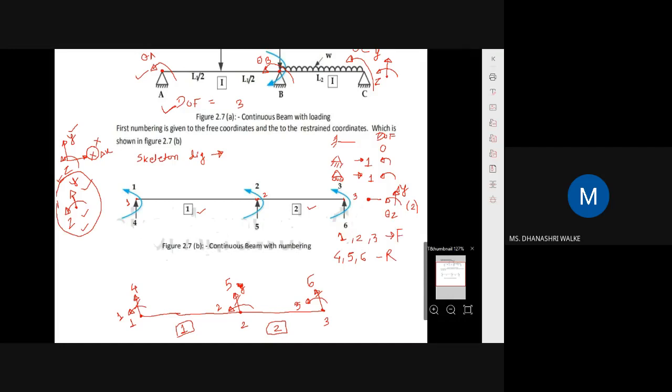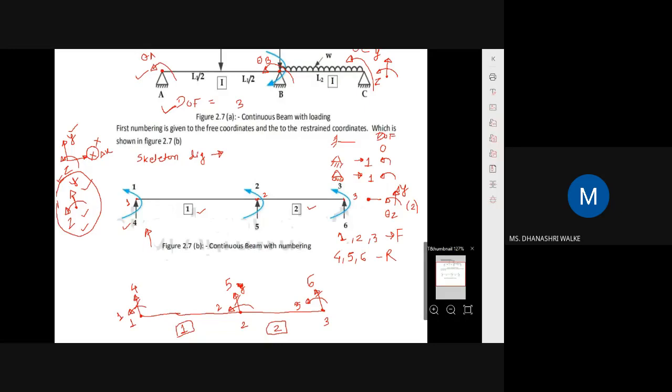Okay, so at coding 1 2 3, you will get the values of displacement theta a, theta b and theta c, and at codes 4 5 and 6 you will get the values of the support reactions. Okay, along code 4, along code 5, along code 6, these are the restraint codes. So this is how we are giving the coding, freedom as well as restraint, to the skeleton diagram. Same I have shown it here. Okay, either you can show this 4 5 6 like this, or you can show it like this.